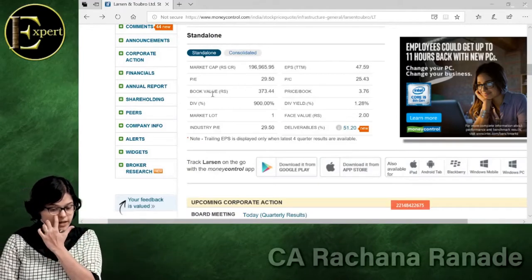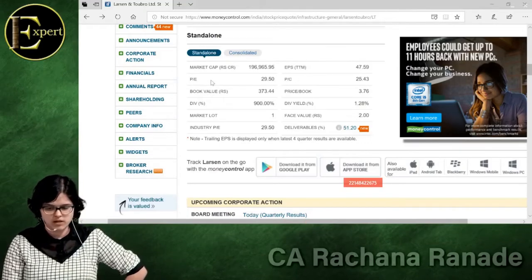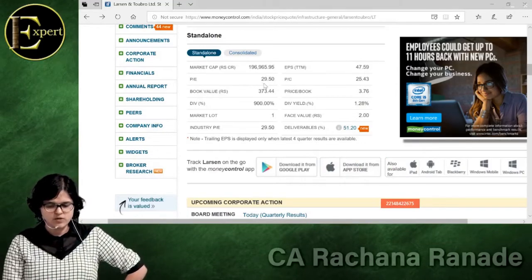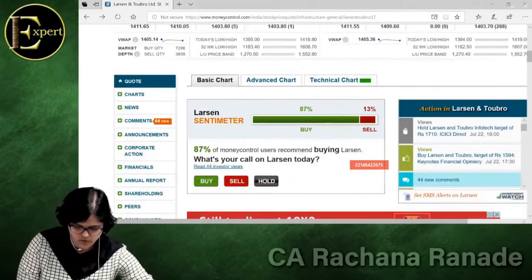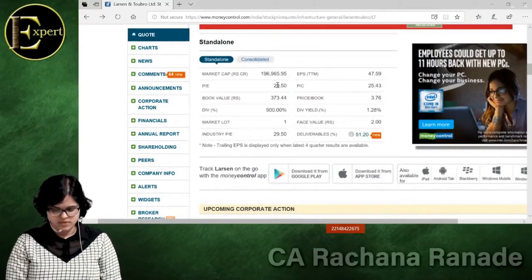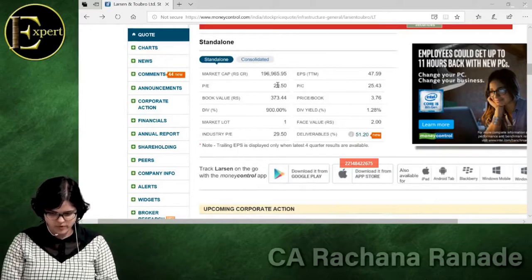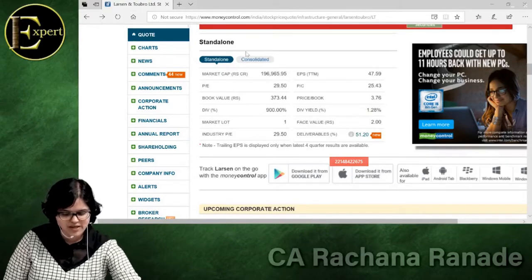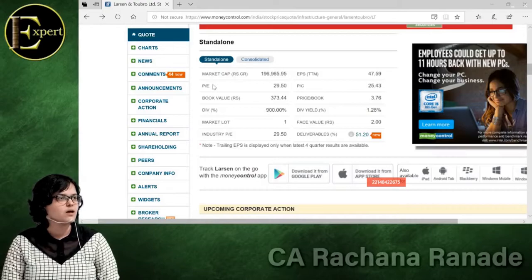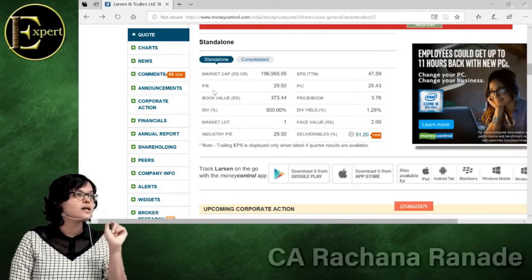Now what is important? We are calculating PE, price divided by earning. Okay. So if my PE is coming to 29.5, let me just check again. ये price is roughly around 1403. Okay, roughly 1403 divided by EPS 47.59. Correct, na? Are you understanding or not? How PE is calculated? Market price divided by earning per share.